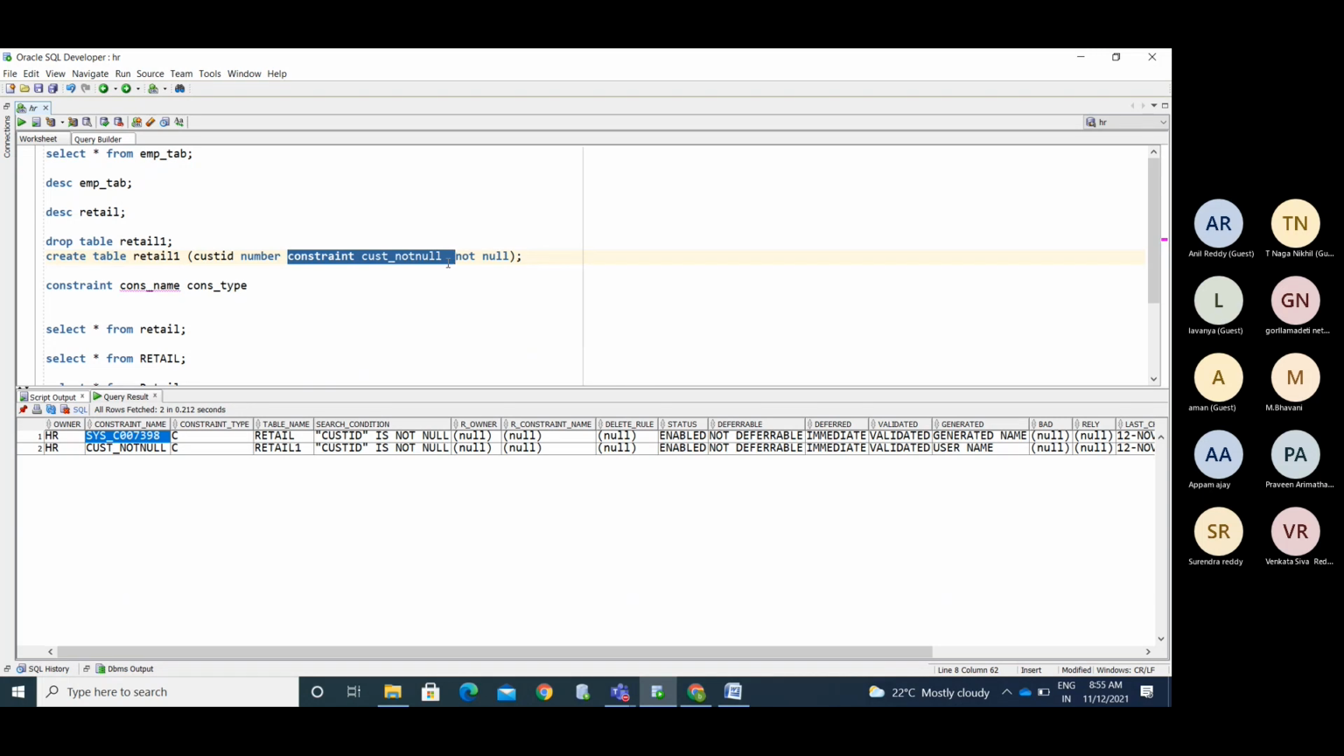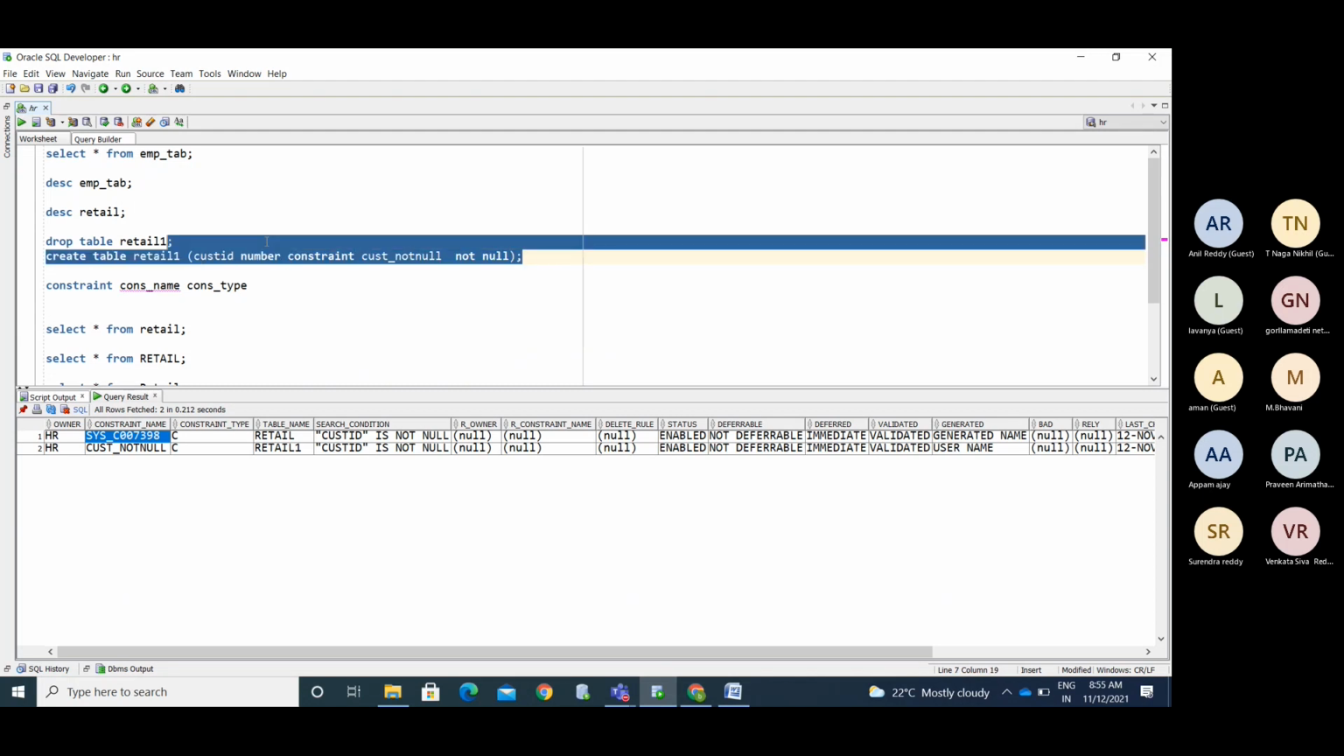Okay, so this is the constraint creation for the not null constraint. The not null constraint will help you restrict the null values for the table. Okay, so now we'll see about